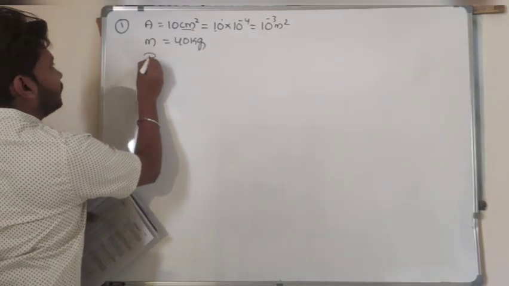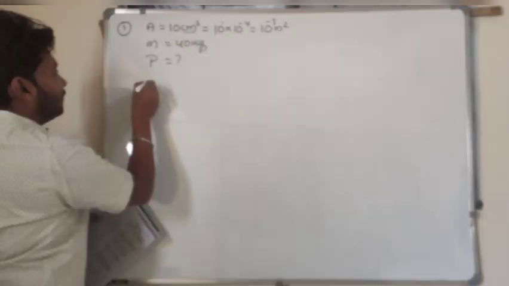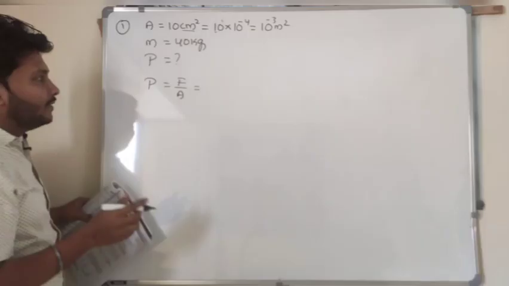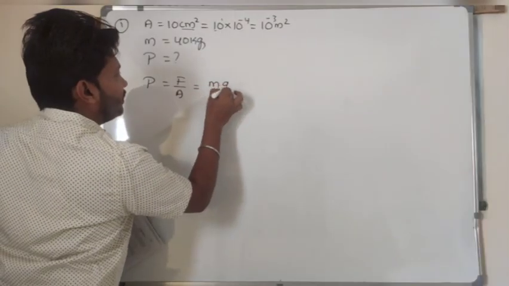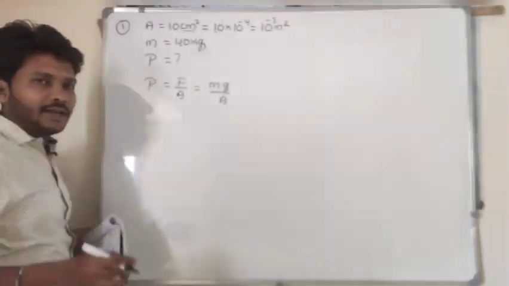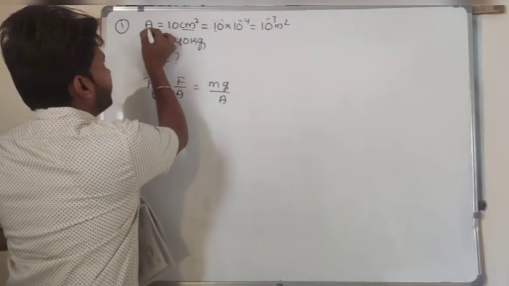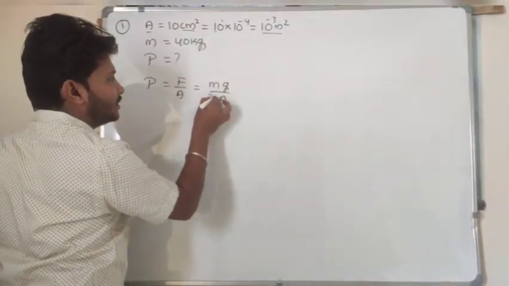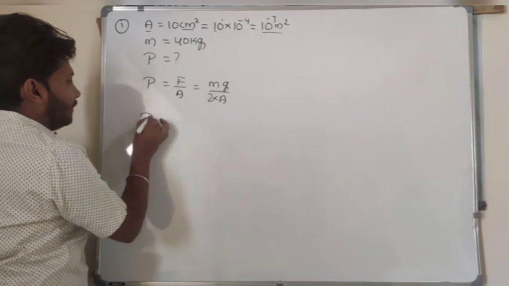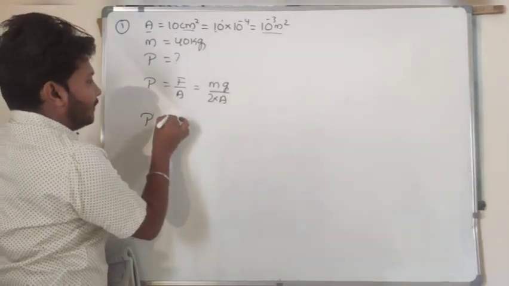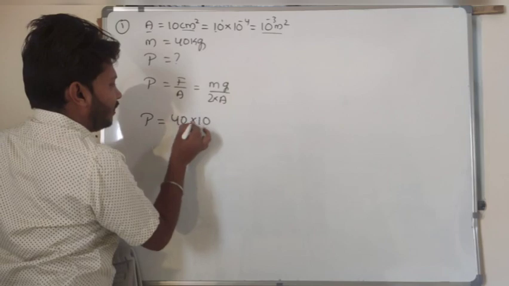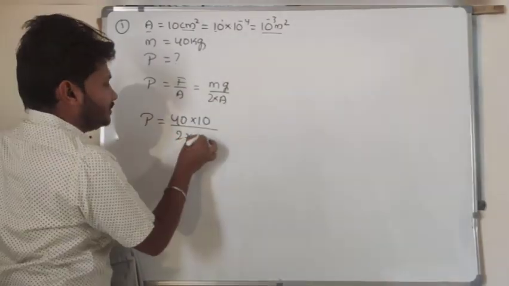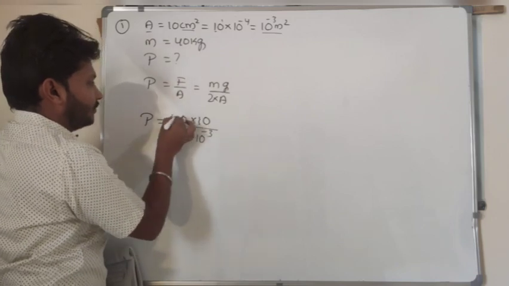So the pressure value, we know the generalized formula, pressure is equal to force per unit area, right? So force, shall I take it as m into g? Here area A I can consider. Each leg has a cross sectional area of 10 to the power of -3. Two legs, so into 2. Pressure we can consider as mass, 40 kg, g value 9.8 or 10 I can consider, divided by 2 into area of cross section 10 to the power of -3.